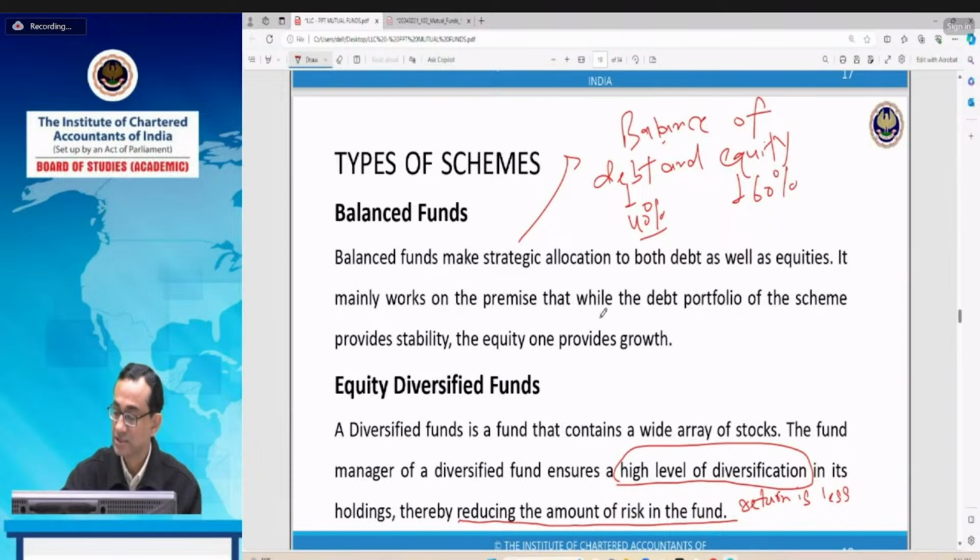Because too much diversification leads to less return, because some companies may not be able to gain higher profits. Some companies are losing, and some of the companies are giving a good return. So on account of the total mix, the return is not that high. If the diversification is comparatively less, then the return is high. So very high diversification leads to comparatively less return.